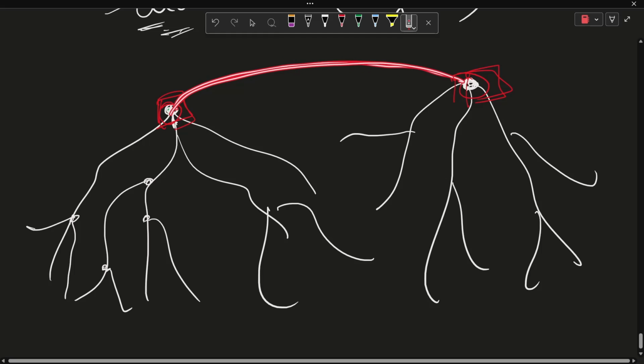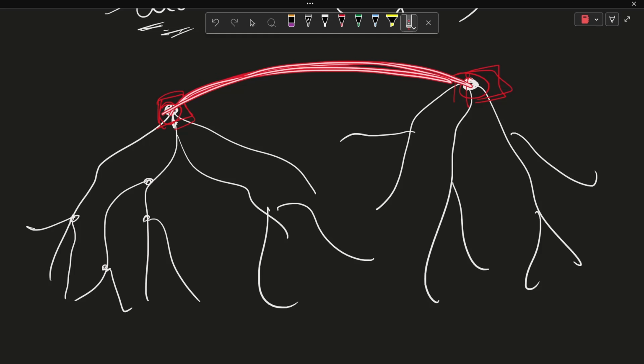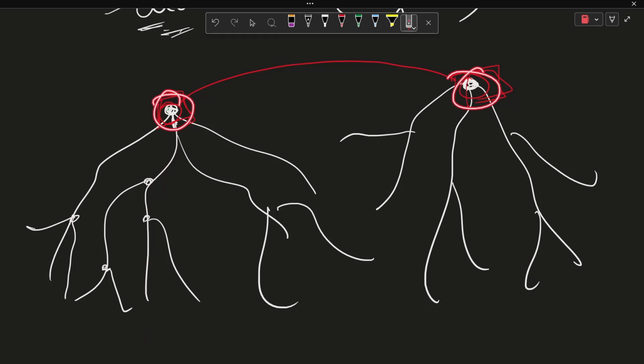So you would definitely pass through this path. And if you are passing through this path, now you have to maximize the length of the path. So you'd go to the maximum depth here and the maximum depth here. So basically, if you are connecting this node with this node, you compute the maximum depth you can